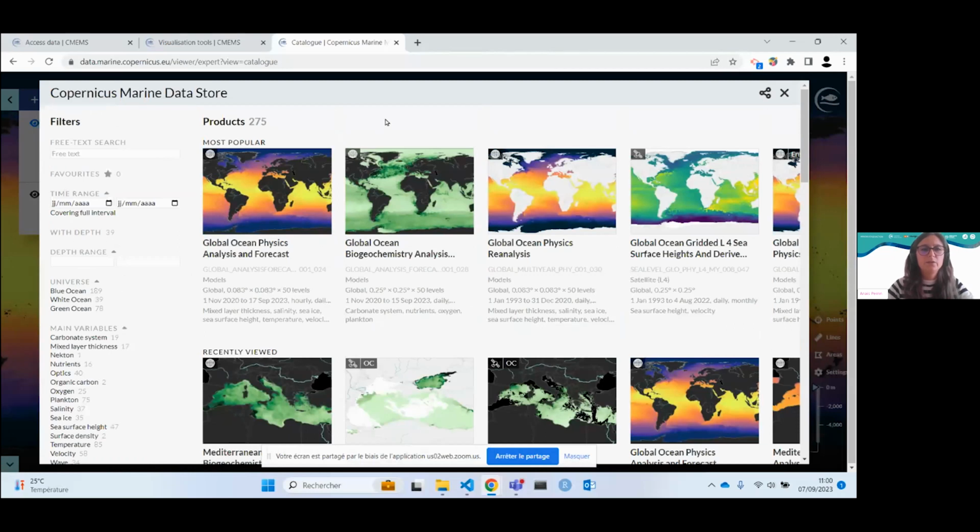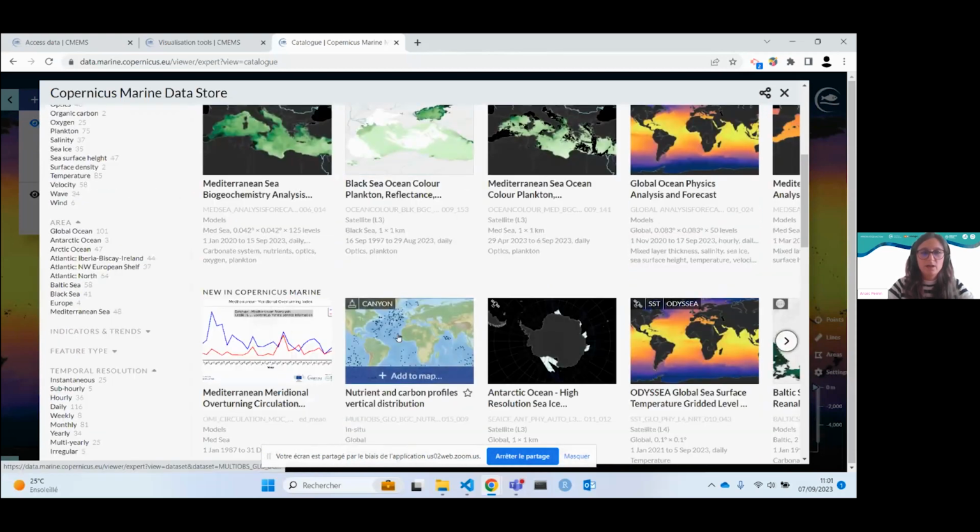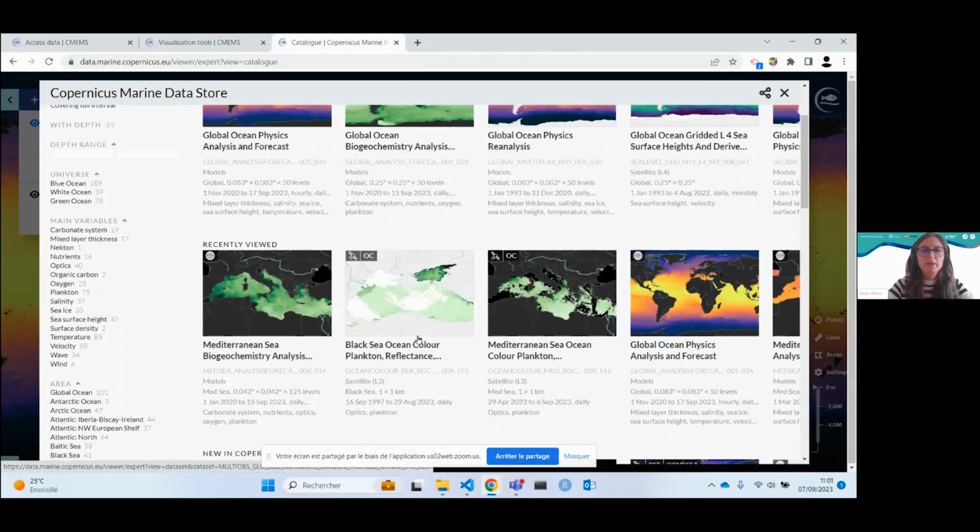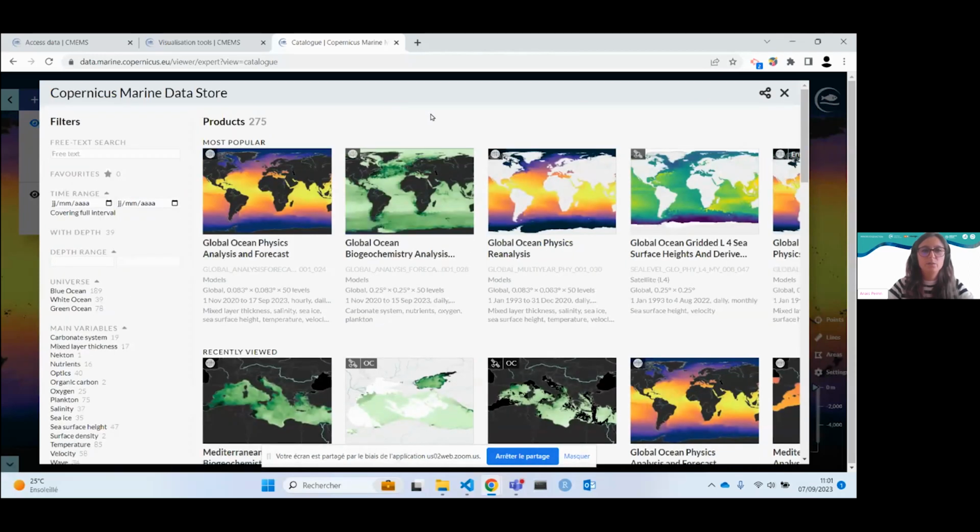Here you will notice a homogenization of the thumbnails of the different products in the catalog. Physical data have a specific palette here and here, as do biological data, sea level, and so on. For the base map, near real-time products are in dark, and the multi-year product or light in situ product have a bathymetric base map. A reminder of the data acquisition mode is visible in the upper left-hand corner of the thumbnail, representing a model, satellite